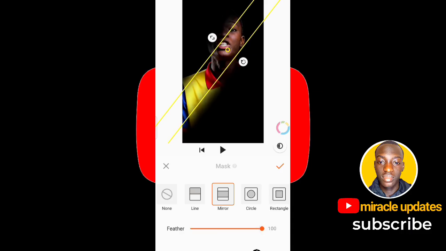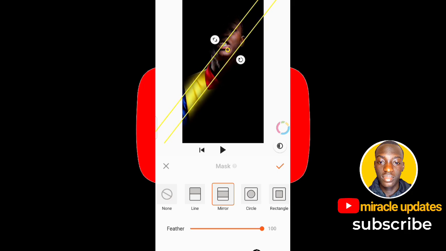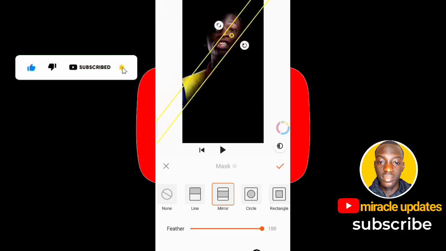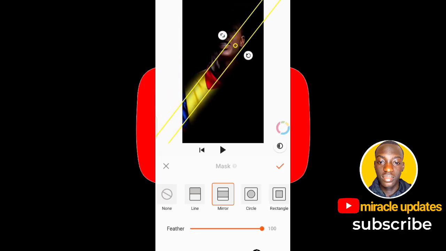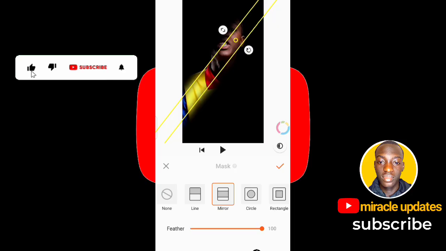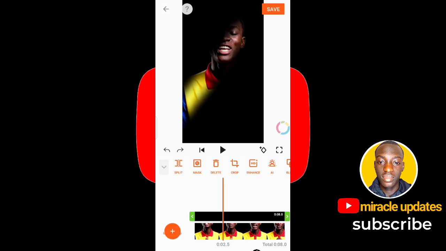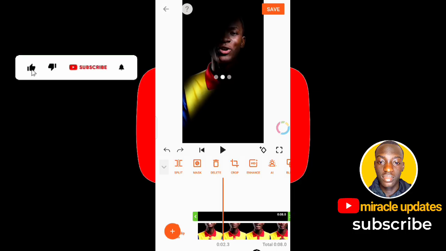So let's decrease it again. Okay, so this is perfect. Then let's leave it out from here. Here is okay. Then click on the check mark to save your work. Slide a little bit, let me say from here, then click on the keyframe. Then go back again and click on mask,